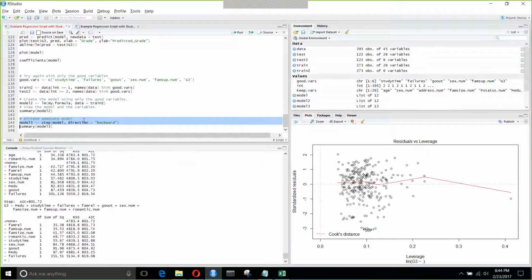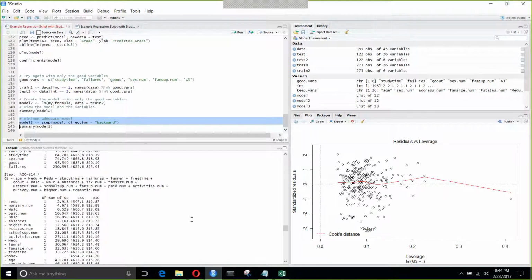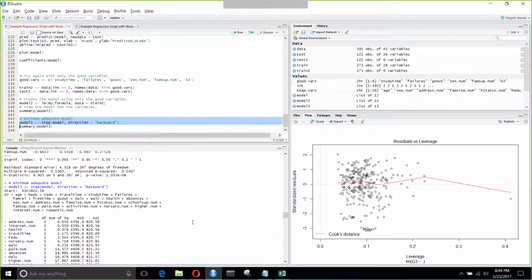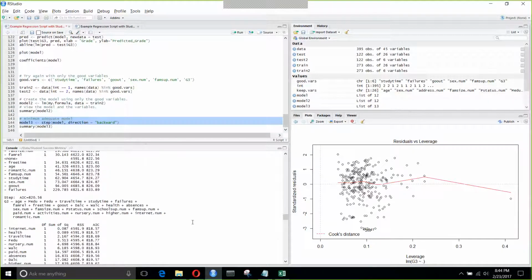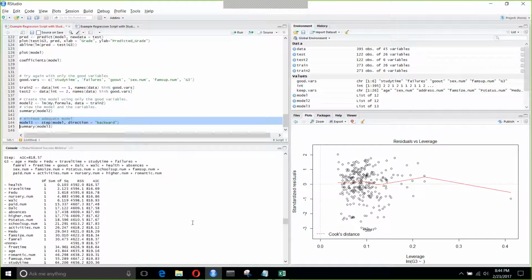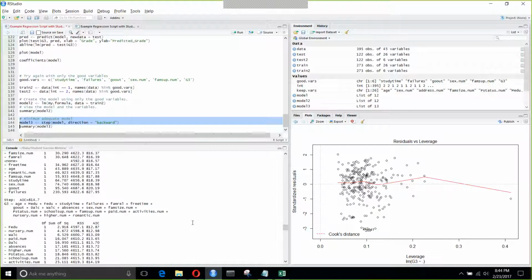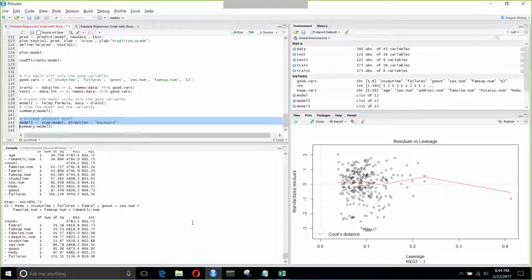Create a third model, and you can see a bunch of stuff flashed up on the screen because we scroll back up to the top. It's a long way up to the top. You see it starts off with all the variables. Then it says, oh, there's a couple that suck, I'm going to get rid of those. It gets rid of a few more, and so on, till we go all the way down to the bottom, and we've cut it back to a handful of variables,